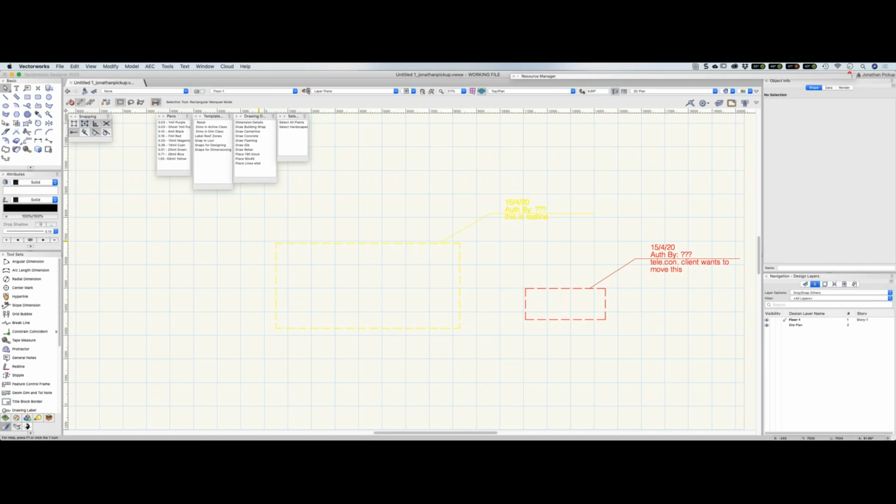Someone wants to know, what's the future of open cloud-based project sharing? I couldn't even begin to answer that one. I can't even tell you what my country's going to do next week, but